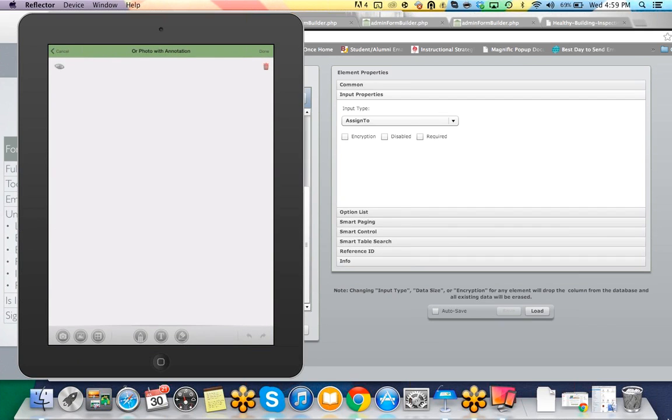And I'm going to add one more element. I know we're getting close to the end here, but I'm going to add one more element for as far as functionality within my form. This is going to be an assign to. So I'm going to say assign record